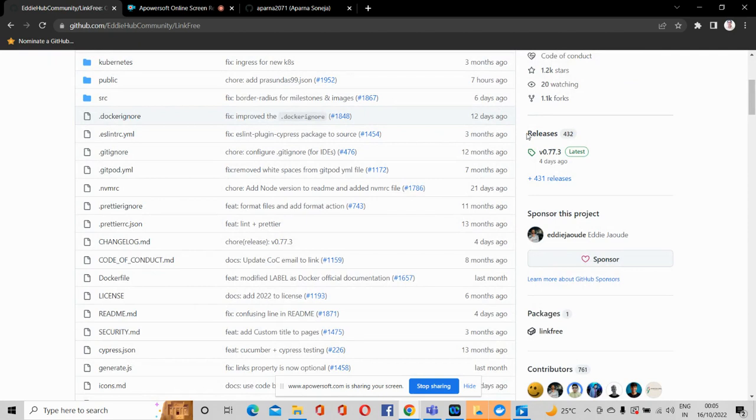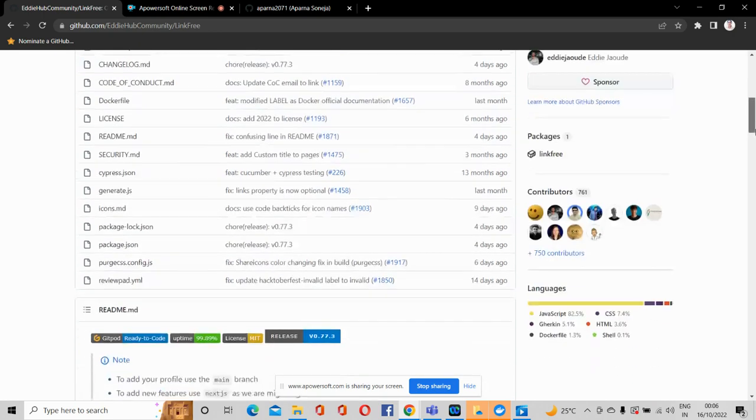and here you can see releases. So what is a release? Whenever there is a new feature added or some bug is removed from the project, then a new release comes. Okay, so this project has 432 releases, and then you can see the packages that are used here, and then